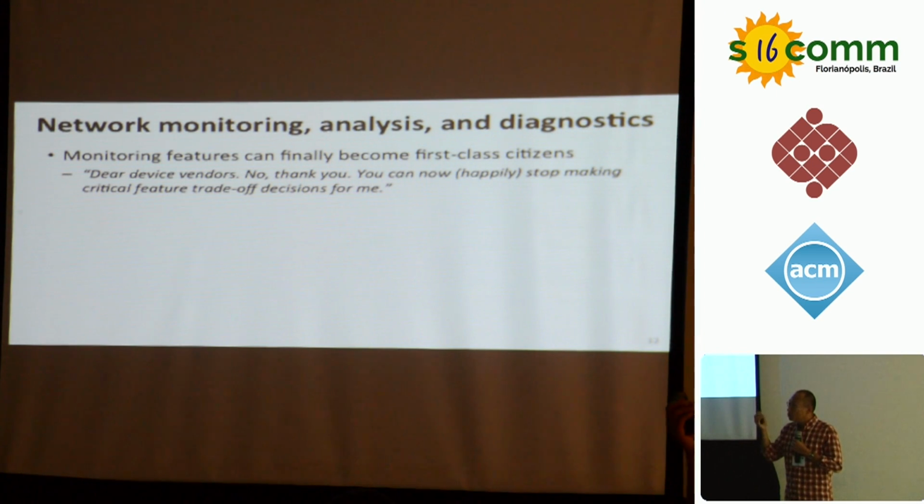Because imagine this, if you have, say, a 6.4 terabit per second chip, but sometimes routing table lookup doesn't work well, or you don't actually meet 6.4 terabits per second, it's actually working at 5 point something, then that chip has no chance in the market, right? But if you have a chip that works actually at 6.4 terabits per second, does all the basic things, but is very poor on monitoring, it still has some chance in the market. So they always cut monitoring features and diagnostics features.